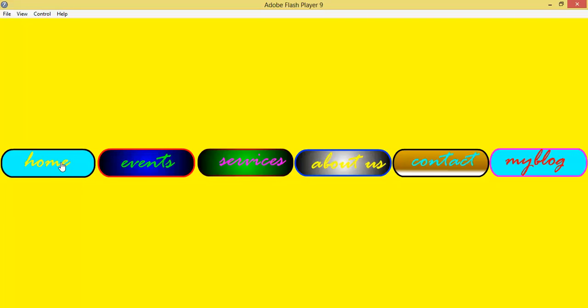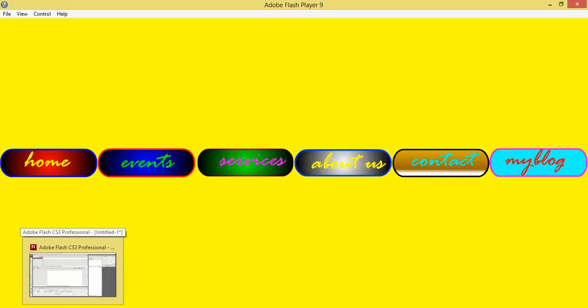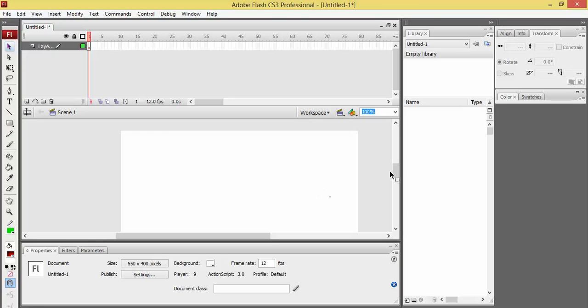So totally, the button object which you create in flash has mainly three events, actually four events, but mainly three. I will tell you about the fourth event when I explain with an example. The first event is the look of the button, the second is when you hover on that button, and the third is when you click on it. These are the three things you have to keep in mind. Let's go with designing a flash button.